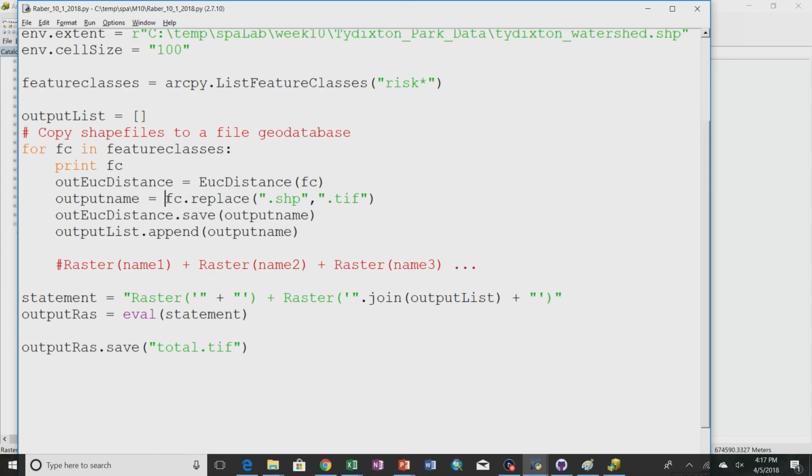There's no reason you can't save all the intermediate steps. What I'm trying to say is you don't need to save anything except the one that you put into this big statement down here. That's the only one you need to save. Are there any questions? All right. Now I'm going to